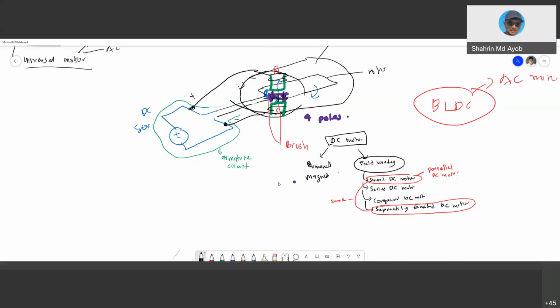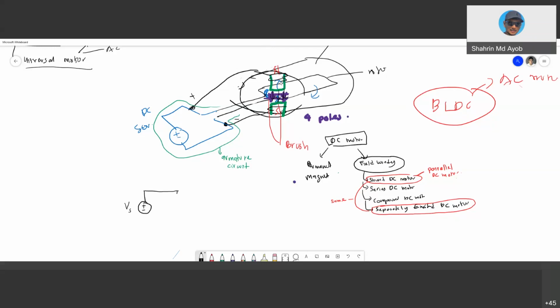While for series, your field circuit and armature circuit are connected in series. So if I draw my circuit, I have this one as my voltage supply,